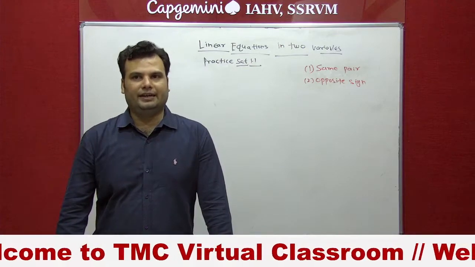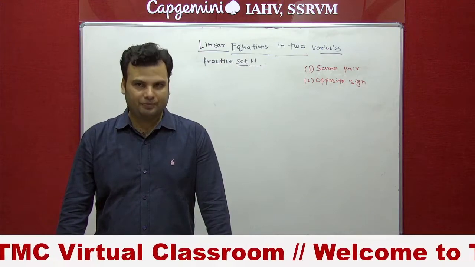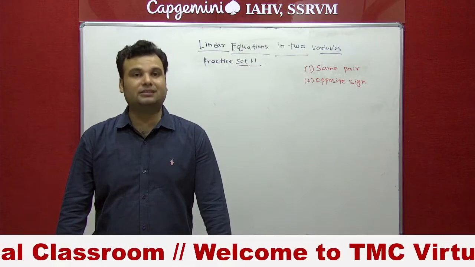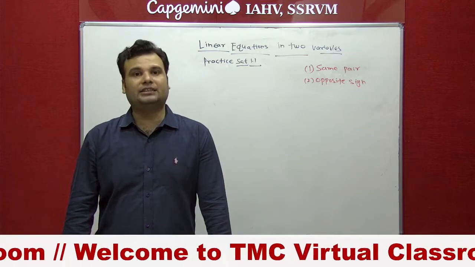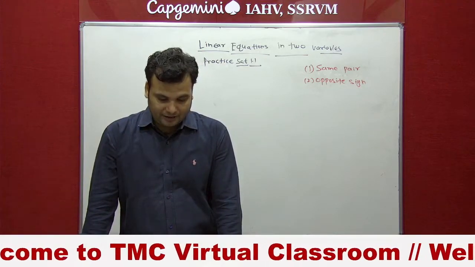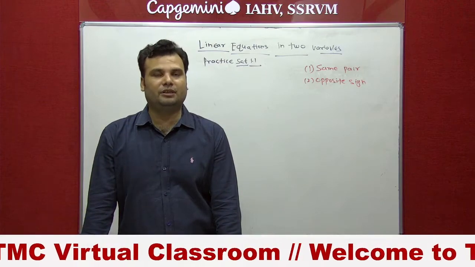So students, in the next class we will solve sum number 5, that is 5x plus 2y equal to minus 3. You can try it at home also. And in the next part we will discuss very important sums, like sum number 7 and 8, and this type of question will come for 3 marks in your board.